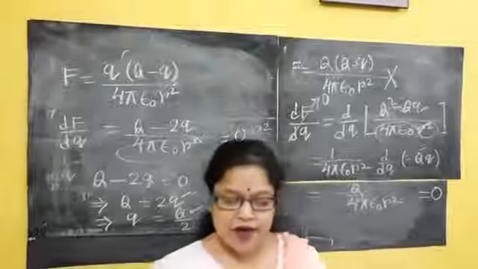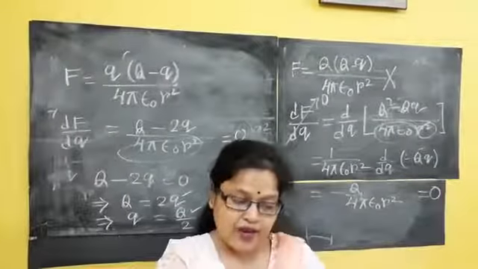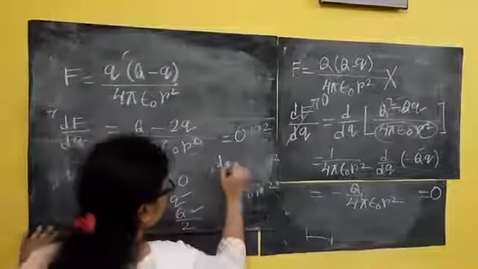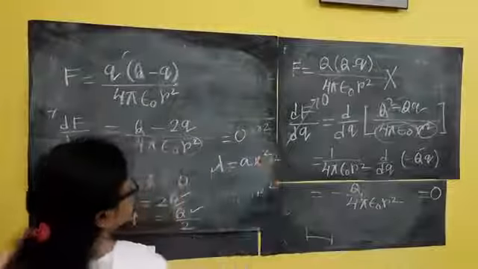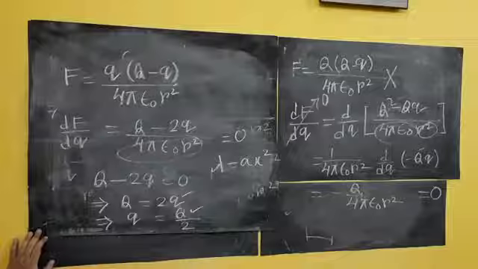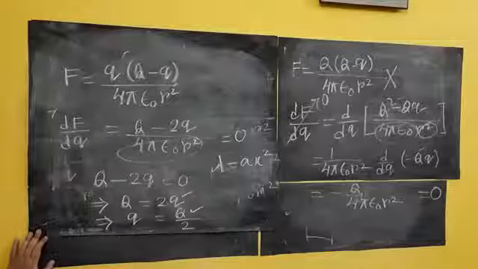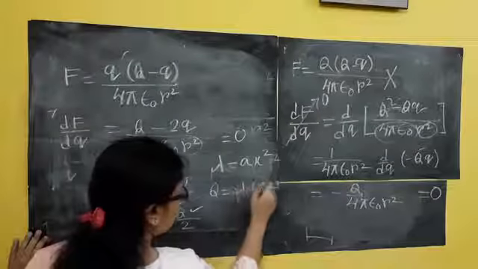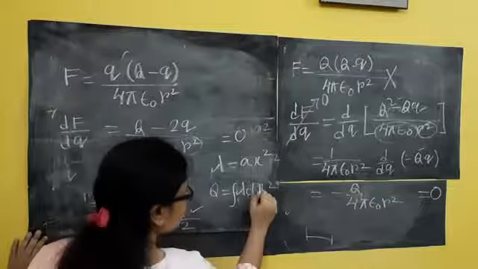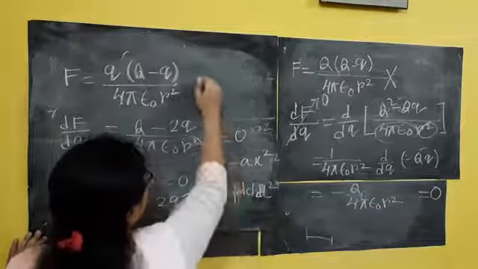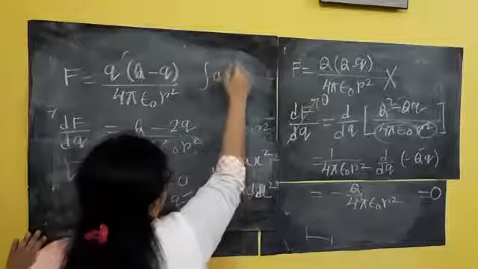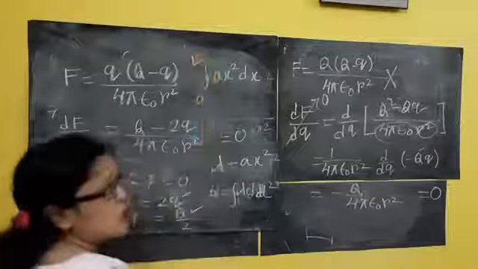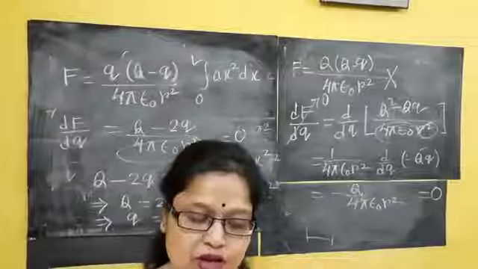And question number 21 is very easy. Linear charge density lambda is given. The linear charge density of a wire of length capital L kept along the x axis is lambda equal to a x square. See, whenever we have a line charge distribution, the total charge Q will be equal to the integration of lambda dl. So it will be the integration of a x square dx, because here it is x, from 0 to a. So you go through the PDF. I think it will help you a lot.